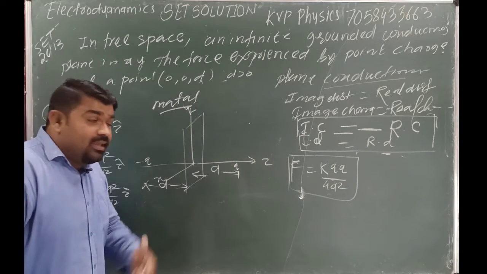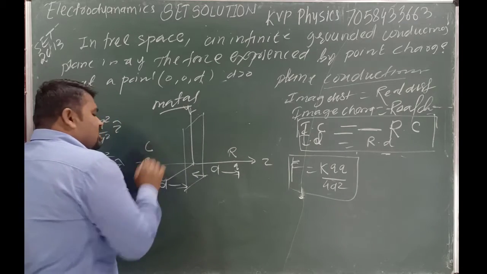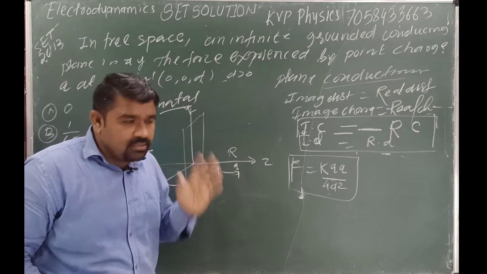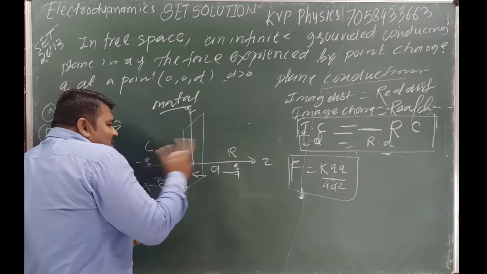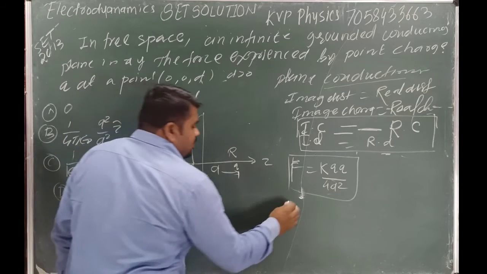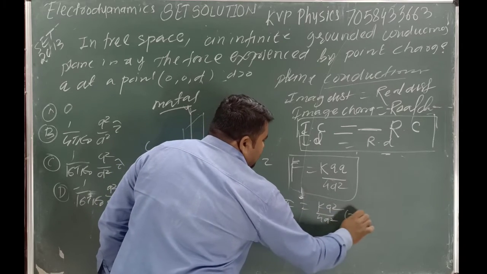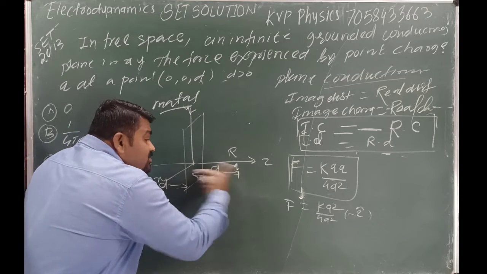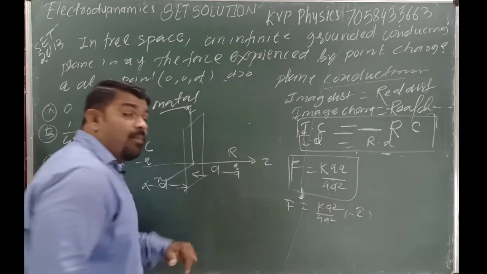Next we take the direction. Here, this charge is the reference and this charge is the center. The center acts force on the reference. How much force acts on this one, and in which direction? The center acts force toward itself, so F is equal to kq square upon 4d square, minus z cap. We consider this one as z, hence this is minus z, because minus q attracts the charge, so this charge moves in the negative direction.